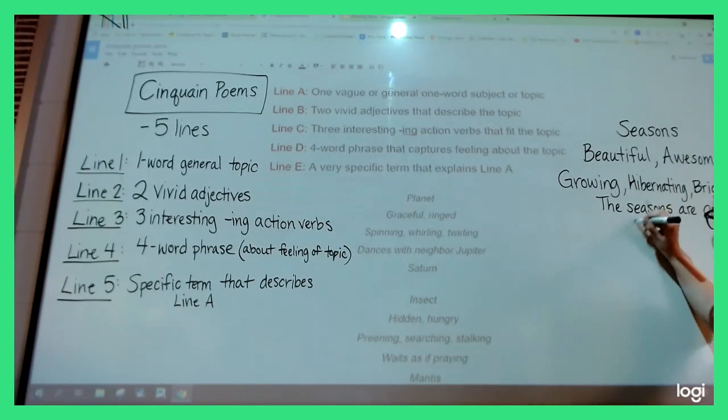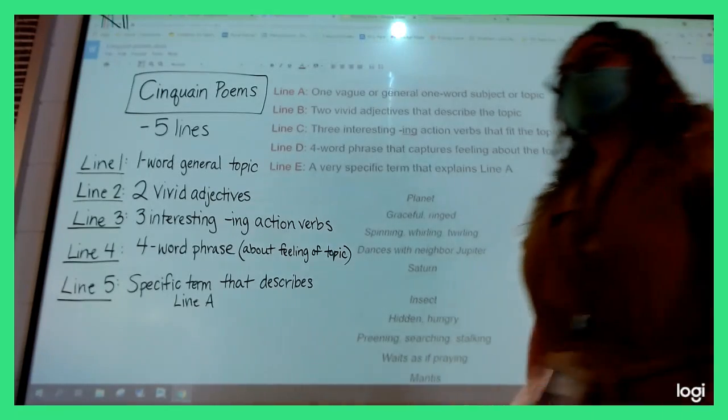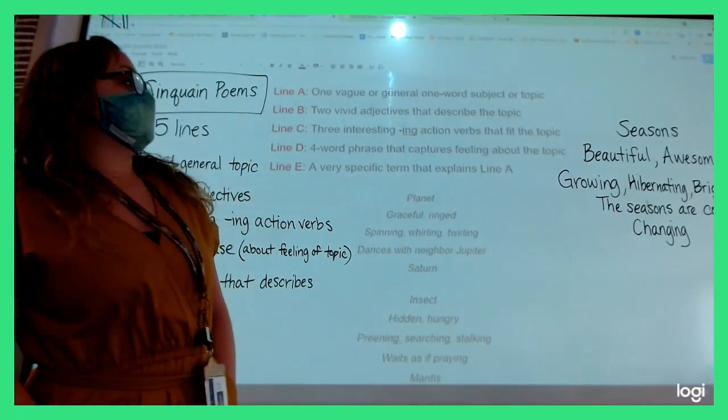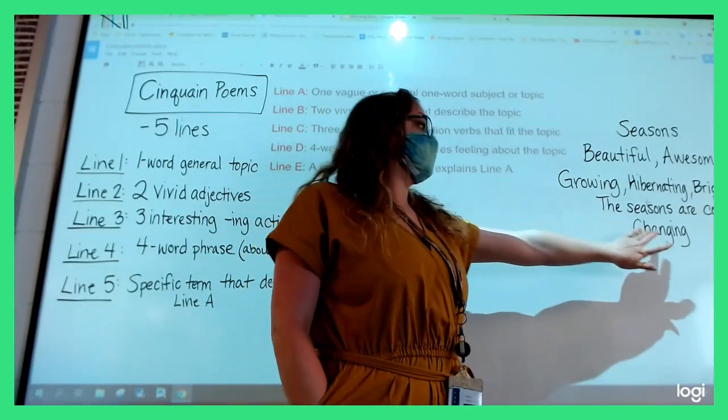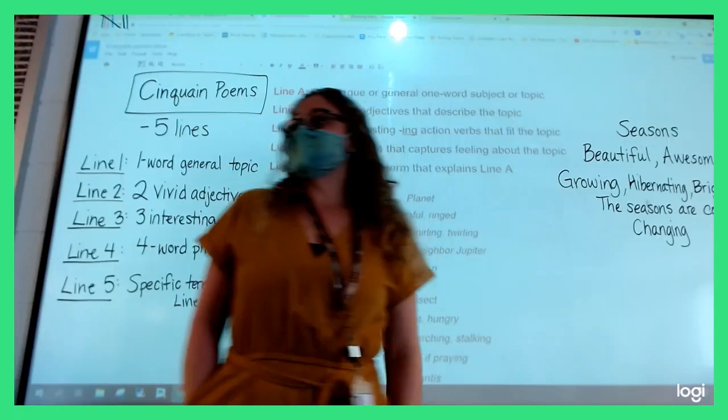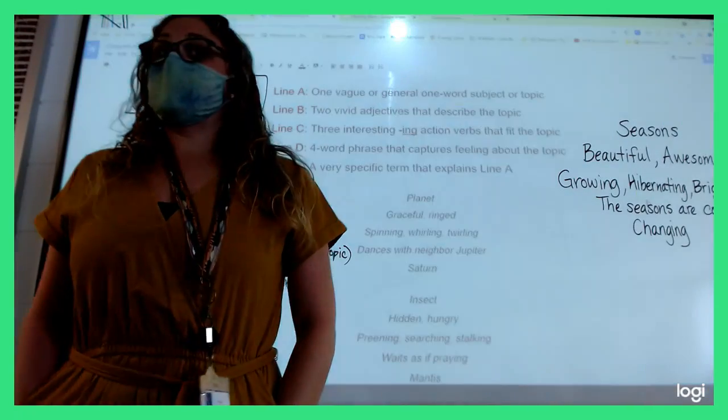If you've got a different idea, that's okay. Yeah. So if you wanted to write a poem like this about seasons, you could choose to describe only one season, and at the end you could say the name of that season. So that is what we're going to do for today in writing.